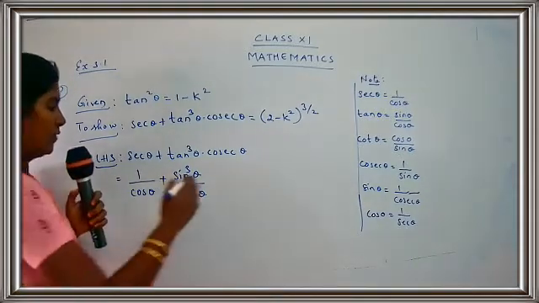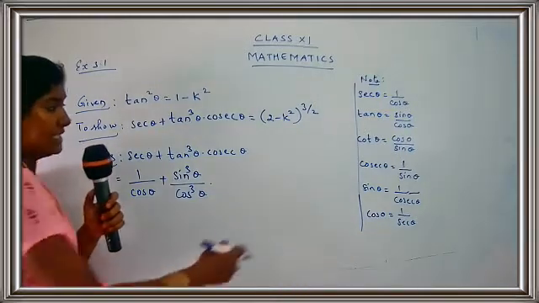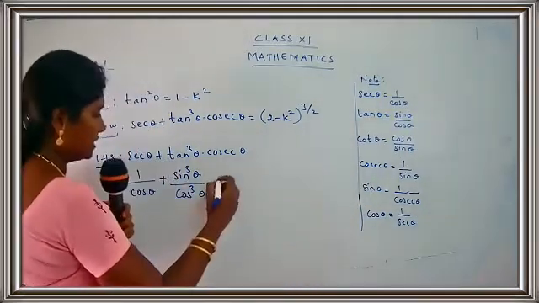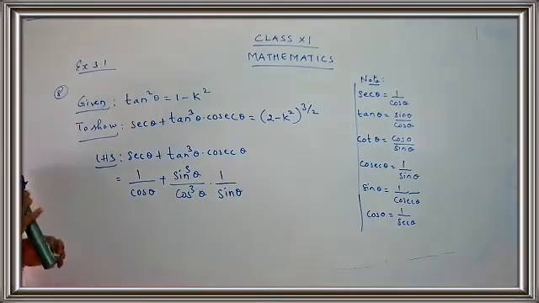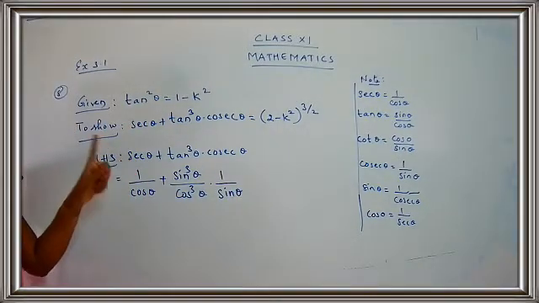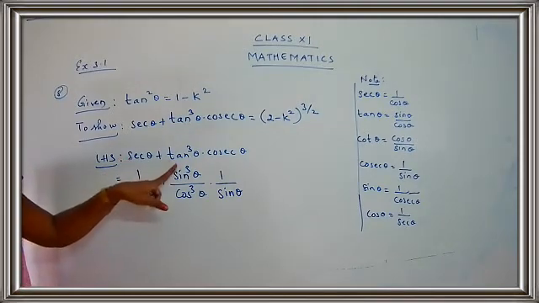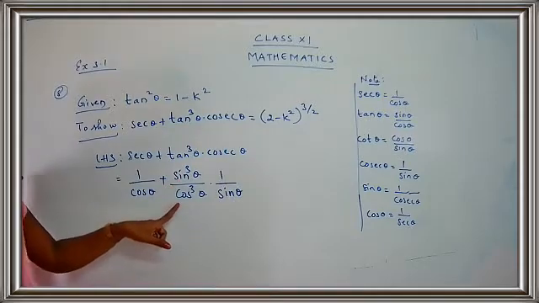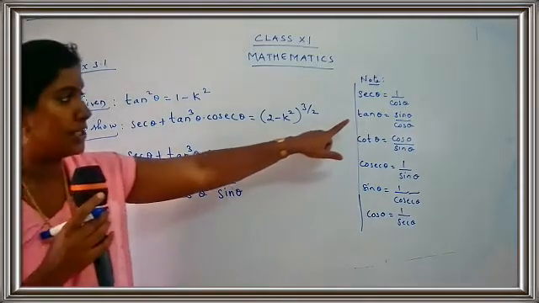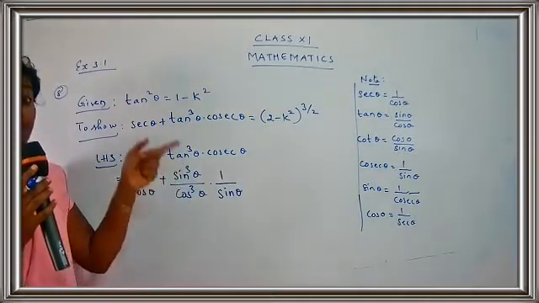Now let's come to the cosec theta part. What is cosec theta? Cosec theta is 1 upon sin theta. So I'll just put here 1 upon sin theta. Are you clear with this step, children? So what we have done is replaced all the functions. Sec theta is written as 1 upon cos theta. Tan cube theta is written as sin cube theta upon cos cube theta, because I have just written the formula for tan theta, but I want the answer in terms of cube.